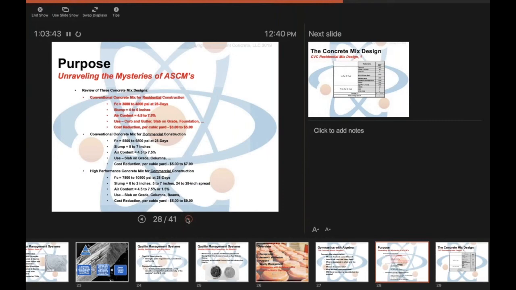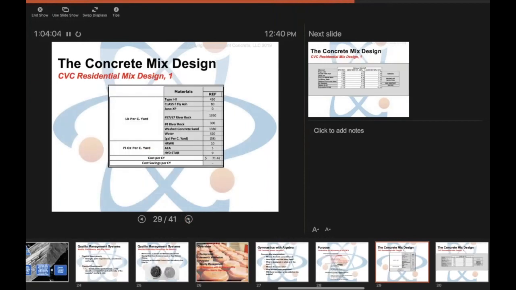And the reason why they're looking for that enormous savings, and that is a pretty hefty saving, is because there's a certain risk that they have to take with getting that gray concrete down the chute, learning how to use it, teaching their folks, dealing with the issues associated when bringing a new technology into the plant. But next slide, please. This is the type of mix that we normally see out here for 3,000 to 4,000